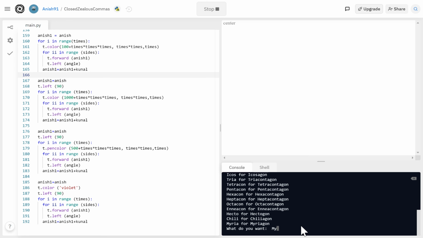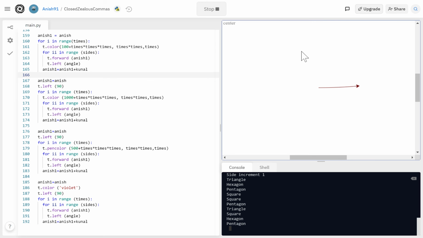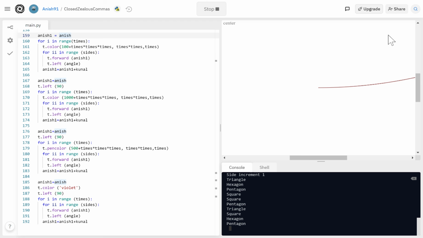Let's say I want my myriagon. You see that this will create a myriagon, just so many sides. So thanks for listening, and this was a rundown of how to create four concentric shapes. In the links to this video, we will send all of the